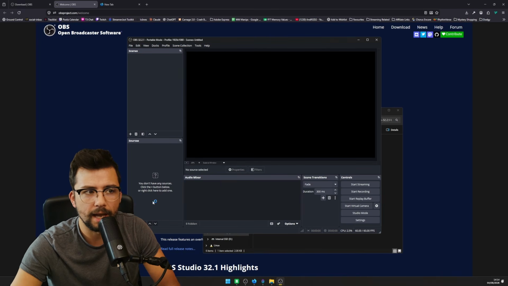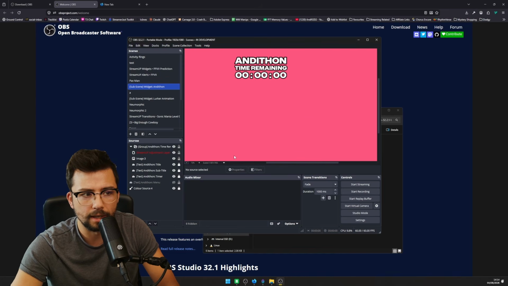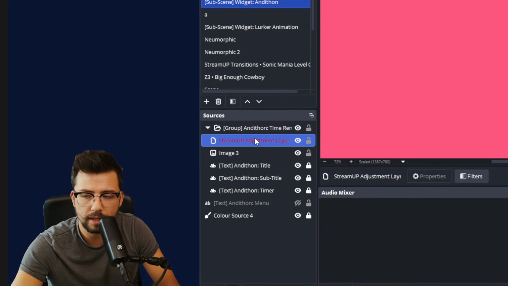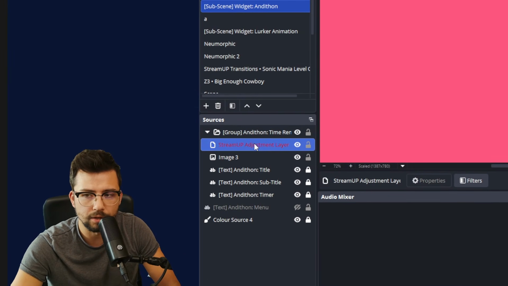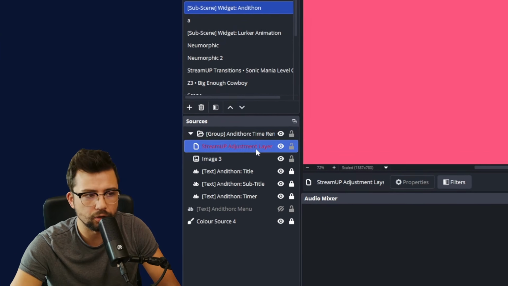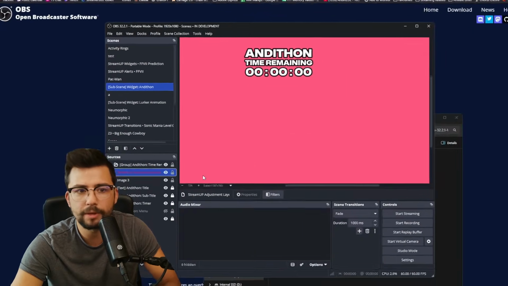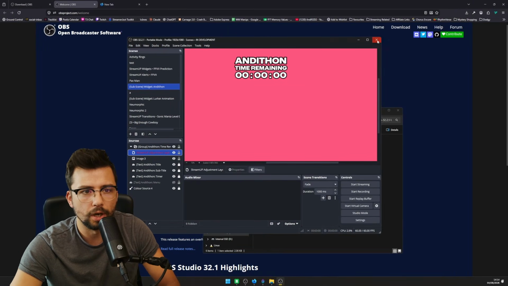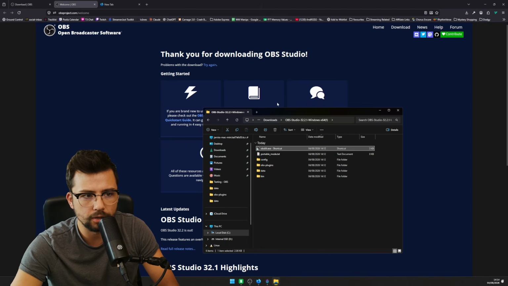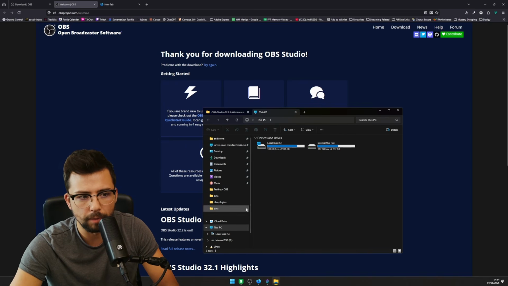And this is my OBS setup exactly the way that it was before. Obviously, some things are missing, because anything that's in red, like a source, means you've not got that plugin installed. So that's the StreamUP adjustment layer, which is part of the StreamUP plugin, but we didn't install any plugins. So to do that, all we'd have to do is go back to our plugin folder where we downloaded everything